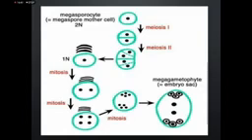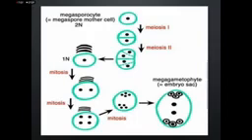Among them, three megaspores degenerate and one becomes the functional megaspore. The functional megaspore undergoes first mitosis, second mitosis and third mitosis, which results in the formation of eight cells,